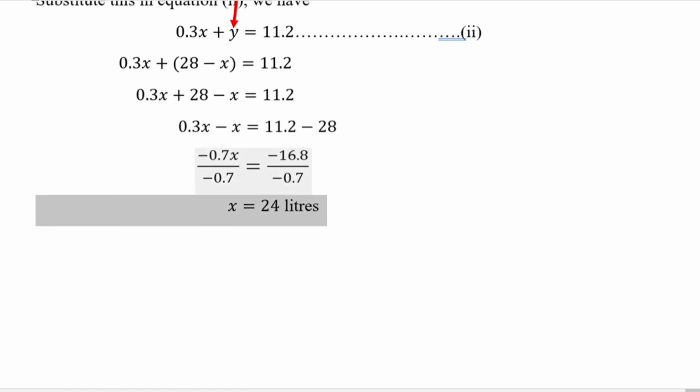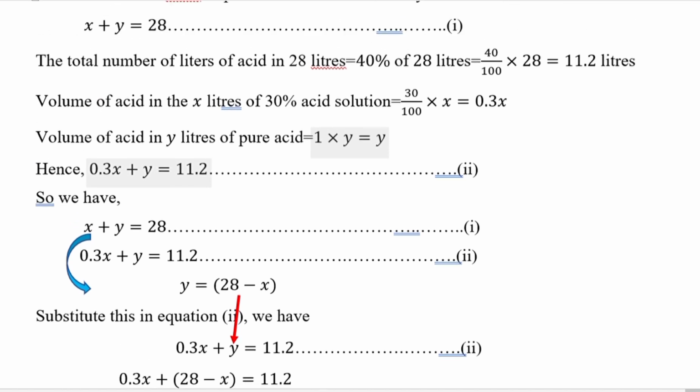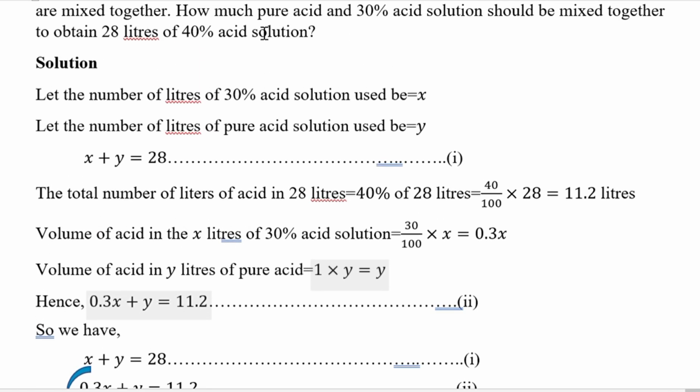Remember, X was representing the number of liters of 30% acid solution used. And that is actually the answer for the number of liters of the 30% acid solution we shall be needing. We have not gotten Y, so we continue and say